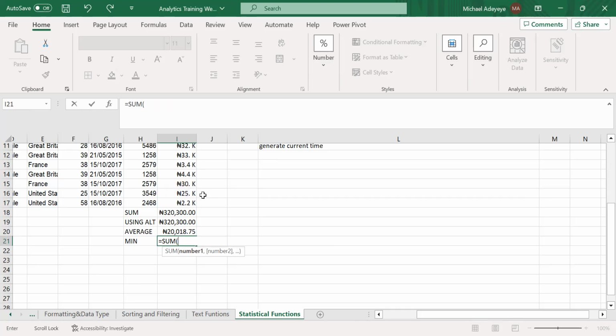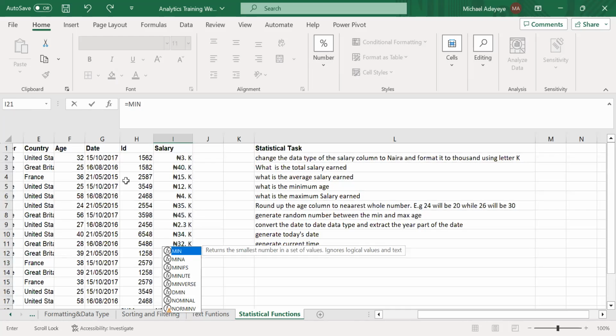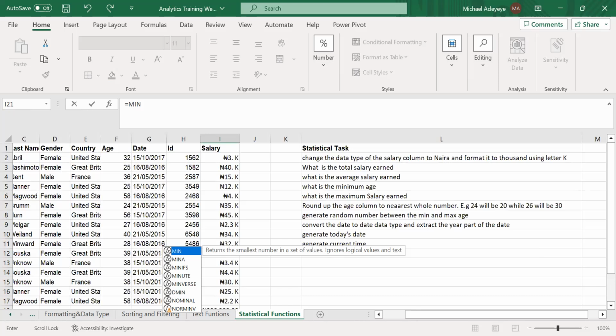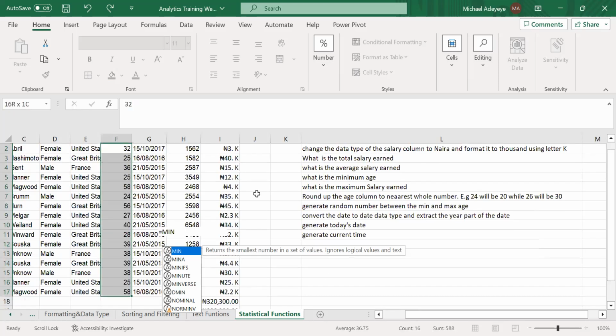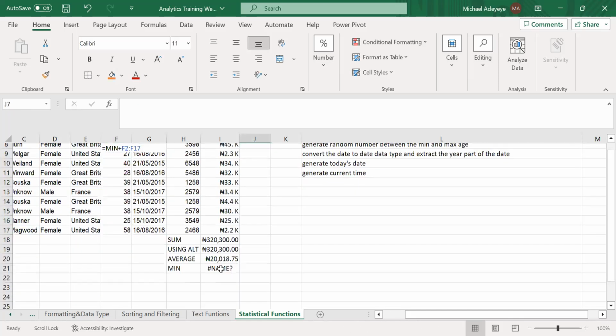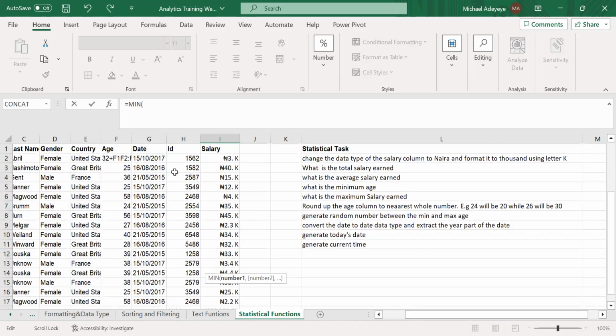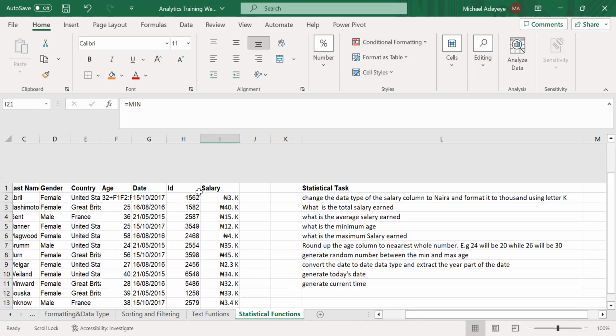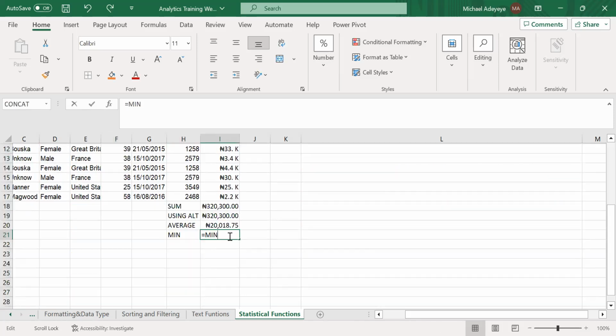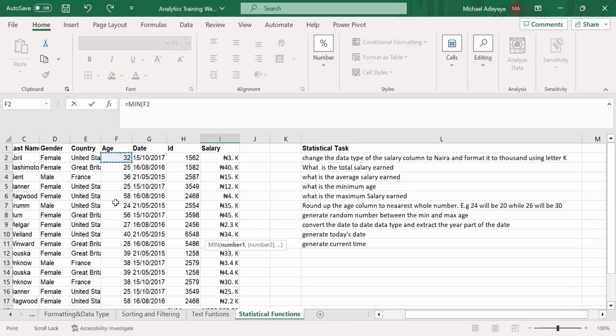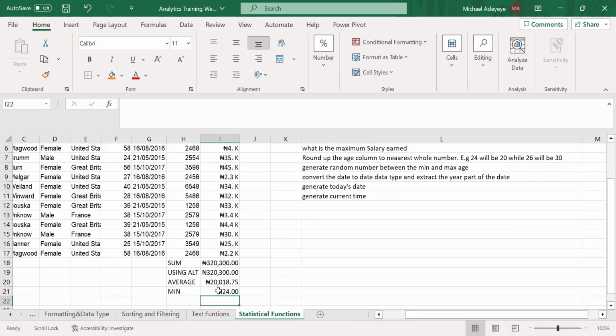So let me go back to minimum. It said, what is the minimum age? I'll go to age and then I highlight every age. Sorry, we start again. I'll open the bracket, go to age, and then highlight all the ages, and then close the bracket, and automatically